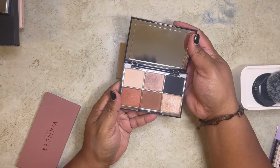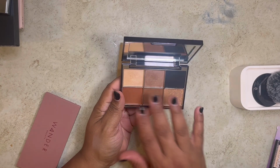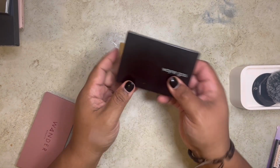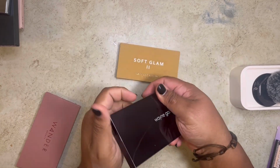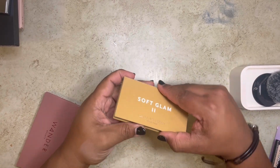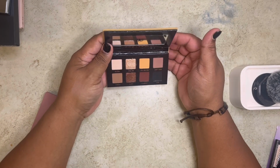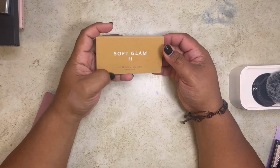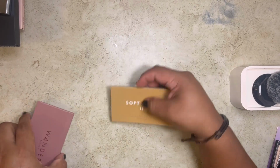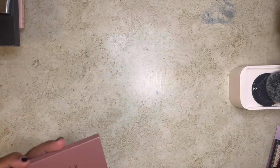Wayne Goss palette. I love these shades over here. I'm going to keep it. Yeah, memories, you know, even though he rebranded or he's rebranding, still great palette. This one is a maybe. This is the ABH Soft Glam 2 palette. It's a maybe. I don't really be using it, but...